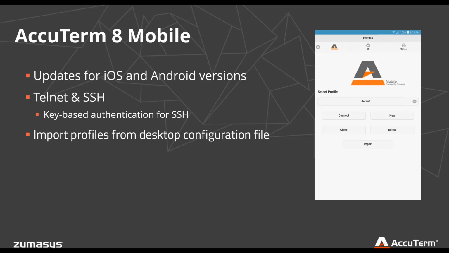Also, with the update that we did in, I think, October, you can import into the mobile version your desktop configuration file, the .atcf or .atsp file from the desktop AccuTerm. So say you have a desktop configuration where you program 50 function keys, and it's a lot easier to do them in the desktop version where you have full UI to work with than on a mobile with the little pop-up keyboard and stuff. You can actually take that and import that as a new profile into the mobile. So very cool new feature.